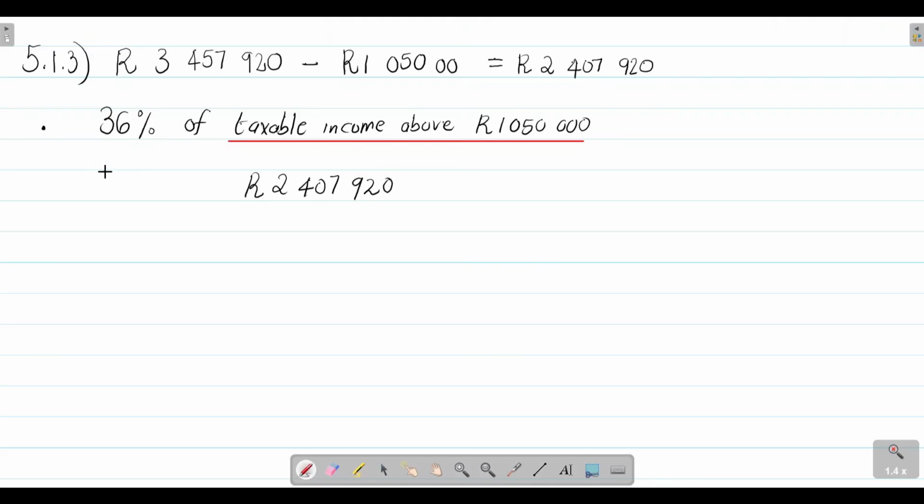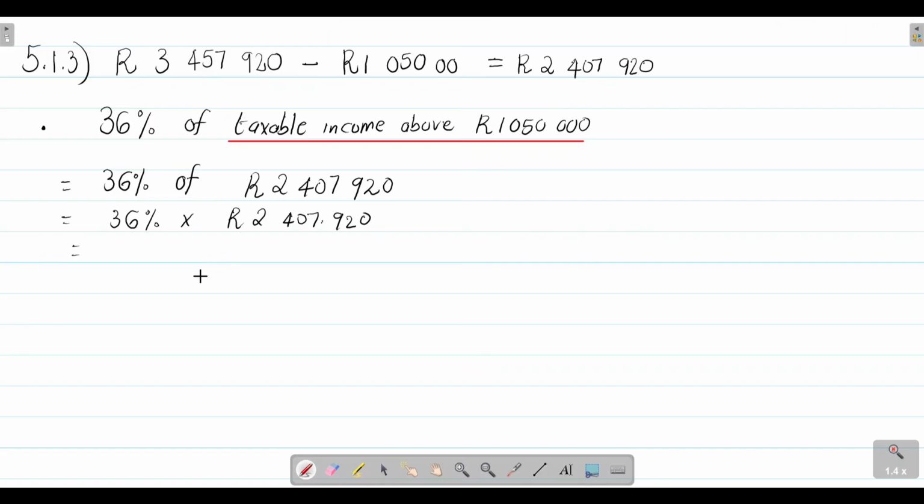Okay, so however, we want 36% of this 2,407,920. Okay, so remember, when you see "of", it means that we are going to be multiplying. So 36% multiplied by 2,407,920. Okay, so if you punch that into your calculator, you'll find that 36% of the taxable income that is